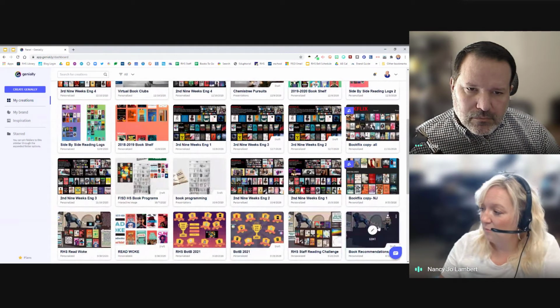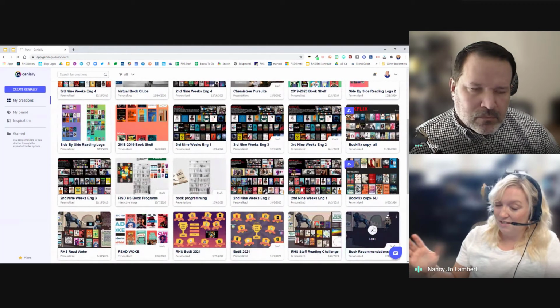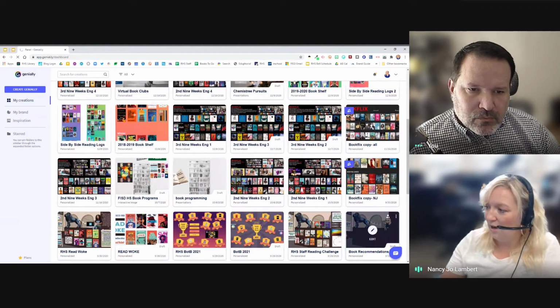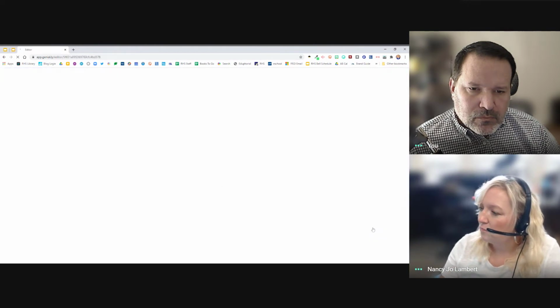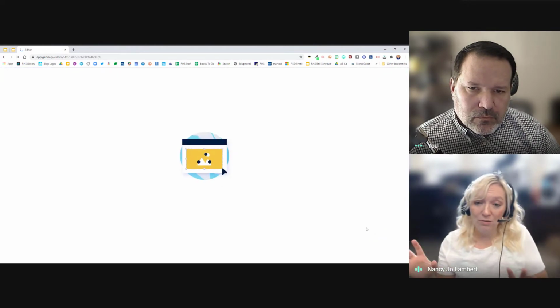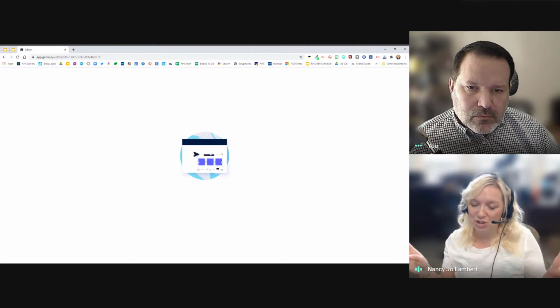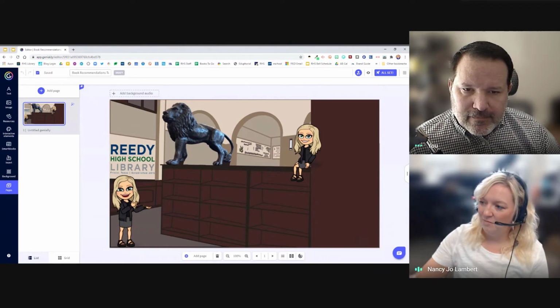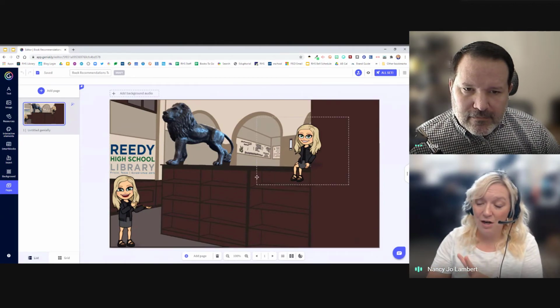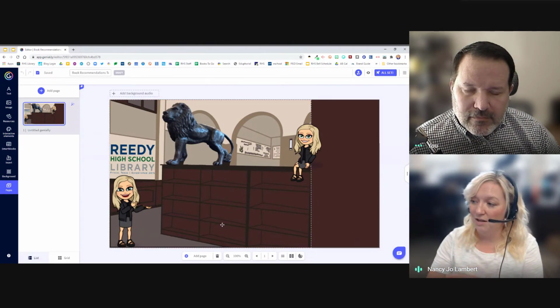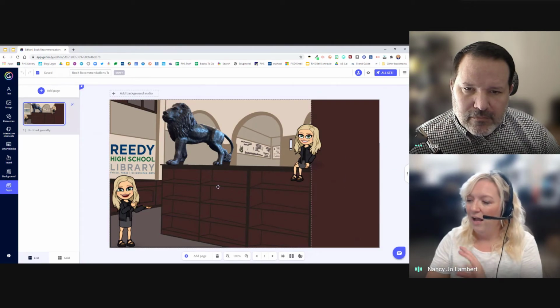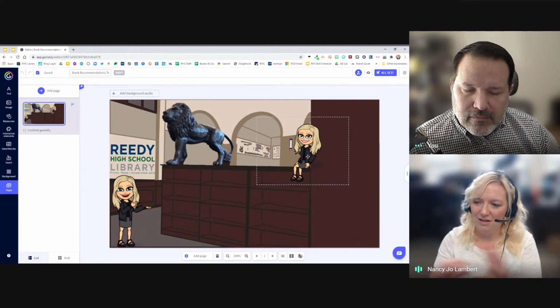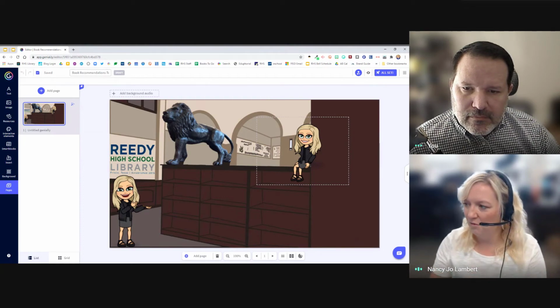I created this background right here. This is actually created in Procreate, and it's like a bookshelf. Whenever I want to use this thing I created in Procreate for something in my library, like a virtual book display, I just have a couple of Bitmojis in here so I can decide which one I want to use, and then I take out the one I don't want.